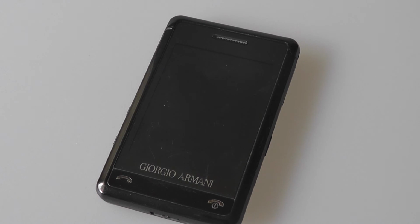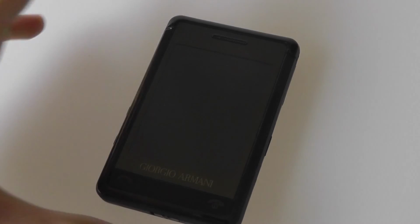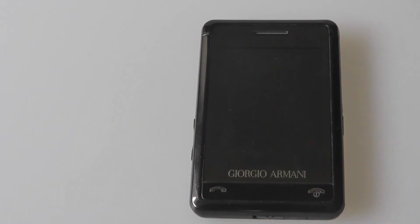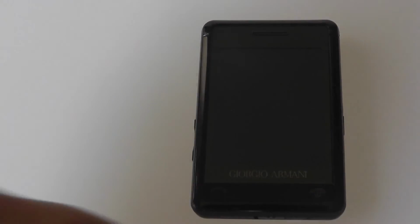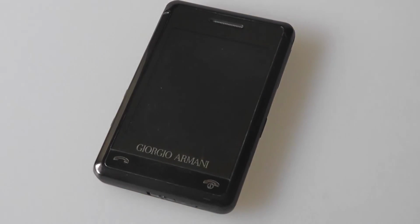However, call quality is still excellent, and the P520 still remains an extremely compact and small phone, about the same size as a wallet credit card, and comparable again to other tiny phones on the market. So if you do like that, this is a very petite and attractive looking option with a very high emphasis on style. To learn more information about the Samsung Armani, you can check out our